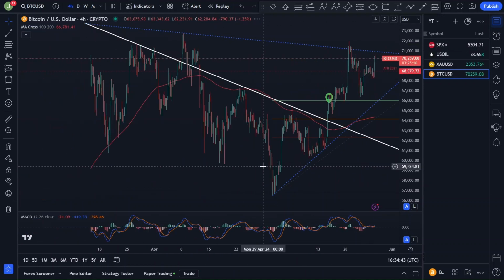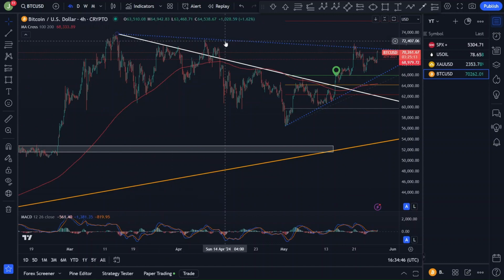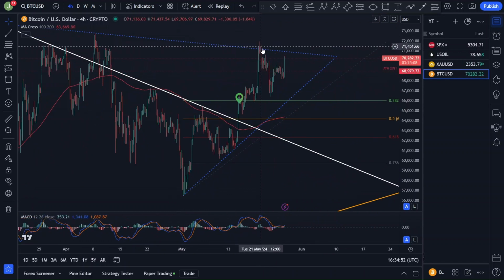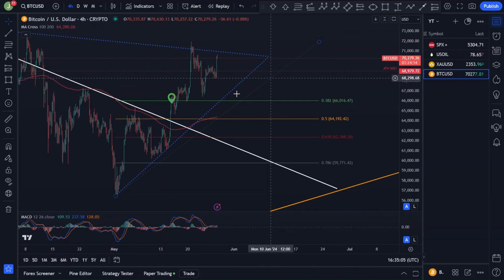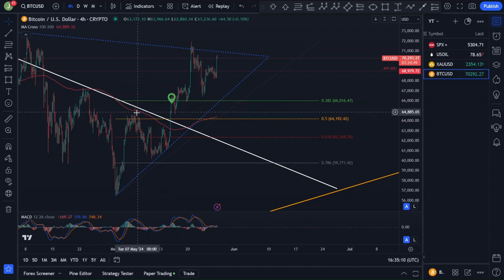On the 4-hour time frame, we can see the alternative downtrend line connecting these 2 highs with each other. Price bounced there and moved lower from here. As long as we stay above this 4-hour uptrend line, or at least, as a last hope, the 0.5 Fibonacci retracement level, because that was a significant area, and also the break of this daily downtrend line, and we would get support from this 200 moving average, that at least should hold.